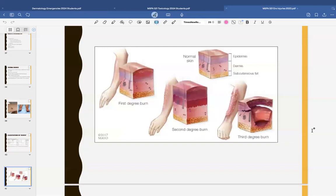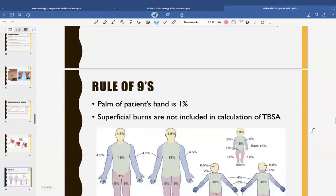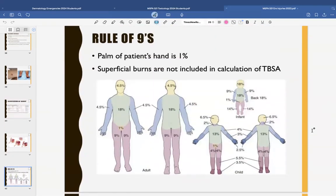Treatment is going to be based on how severe the burn is and how widespread the burn is. We use something called total body surface area, TBSA, to determine how much of the patient has been burned. Without getting into too much of it, in general, we can rely on the fact that the palm of the patient's hand is usually 1%, or the rule of nines, which makes more sense with adults. Front of the leg is 9%, back of the leg is 9%, torso is 18%, each arm is 9% total, right? The head is 9%